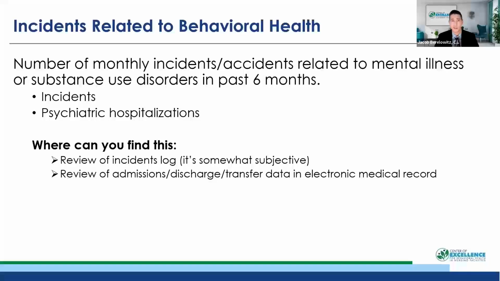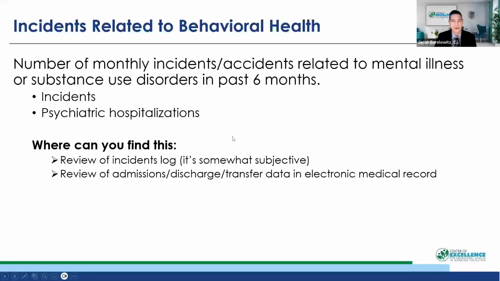I worked with a facility one time where that was one of their goals. They had a lot of residents with behavioral health needs, and one of their goals was to reduce the number of incidents related to behavioral health needs of residents. They had a lot of incidents, and they started implementing a program consisting of staff education and other components of restructuring to meet the behavioral health needs of the residents. And one of the metrics they were looking at on a monthly basis was, month over month, how are we doing on incidents and on psychiatric hospitalizations? Are those numbers going down? If they're trending down, that's a sign that hopefully the work that we're doing is having an impact.